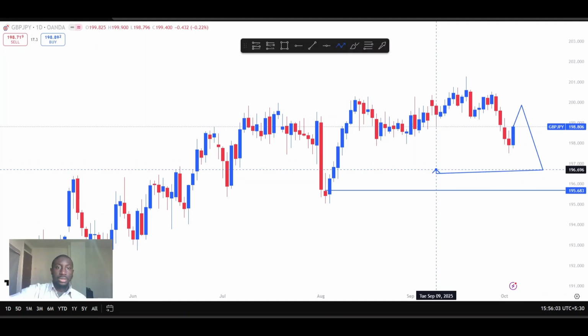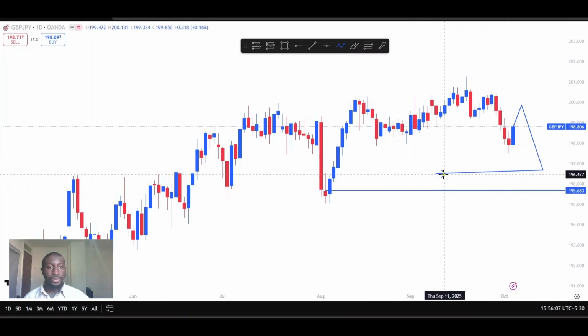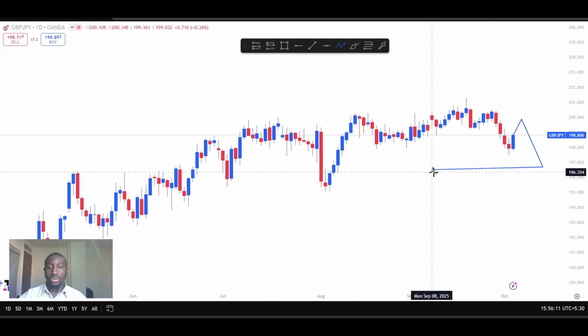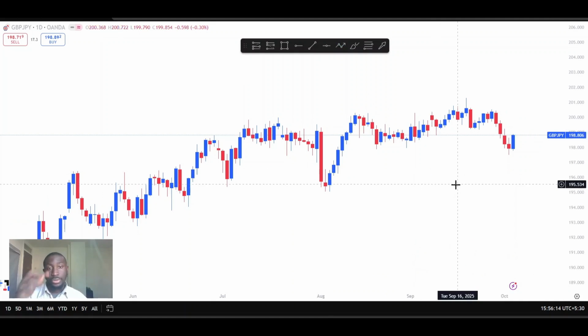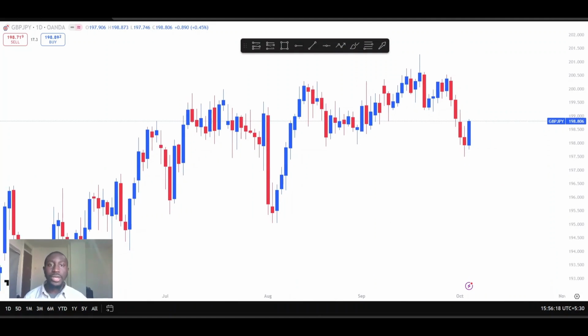Now let me break it down for you to understand. Now if maybe we see structure moving like this and tap into this other block and sell off from here